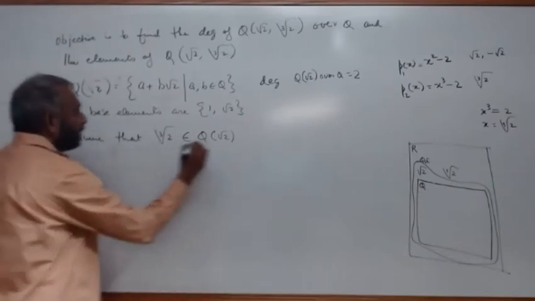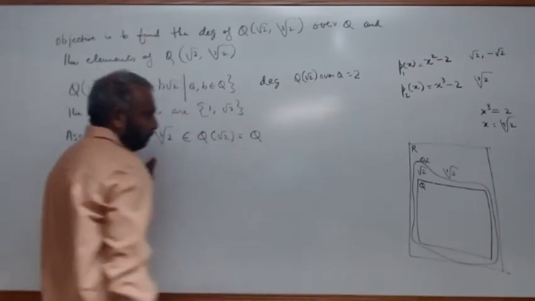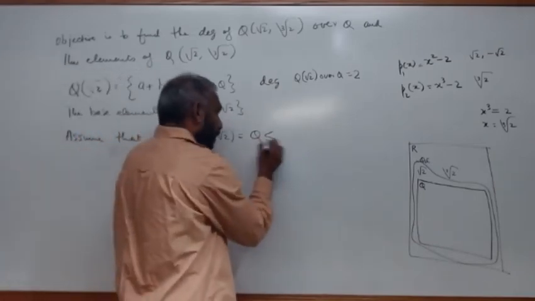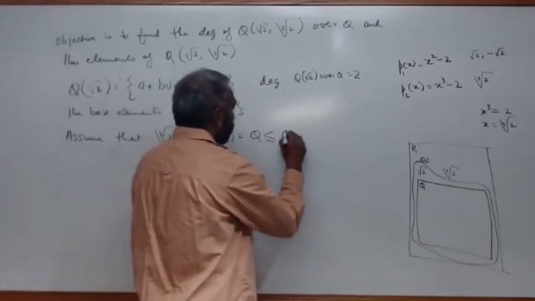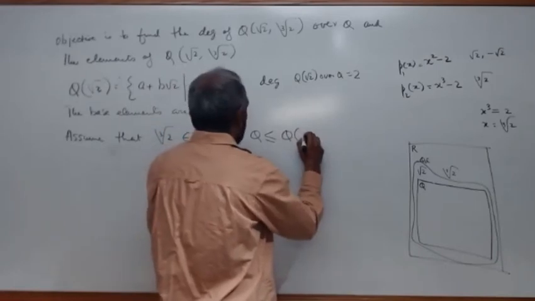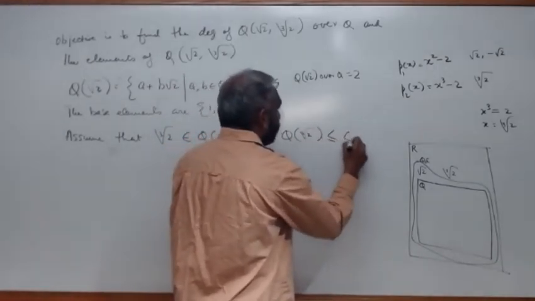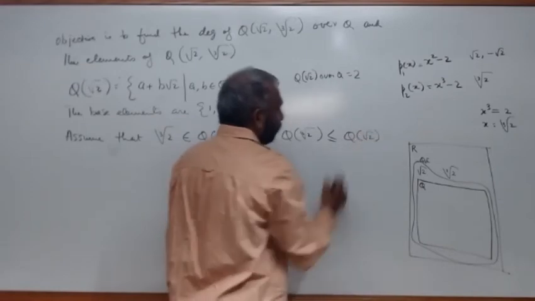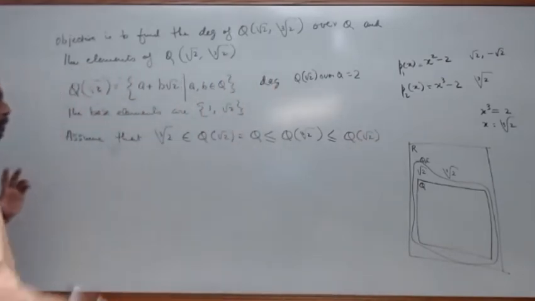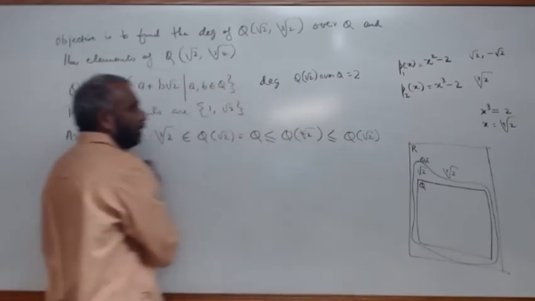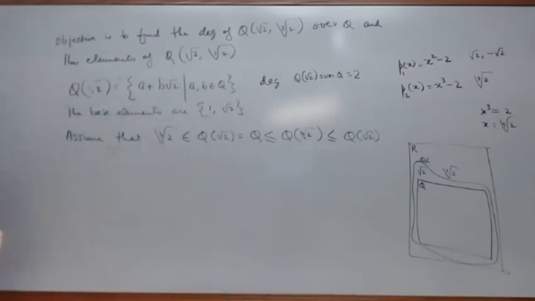This means that Q(∛2) is inside Q(√2), right? Because if it's inside this, then this is the inclusion. So that means